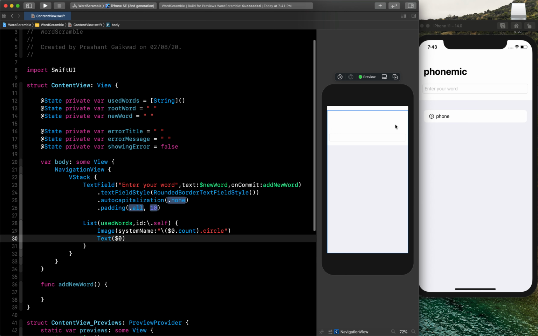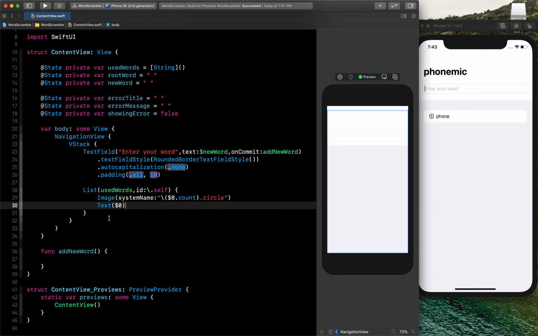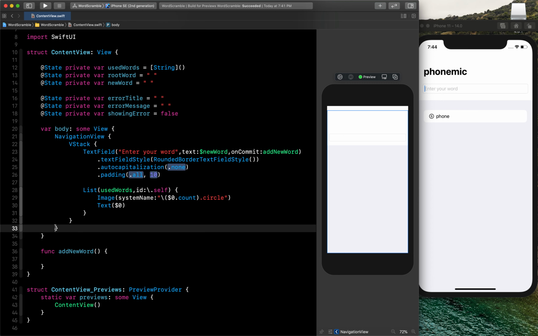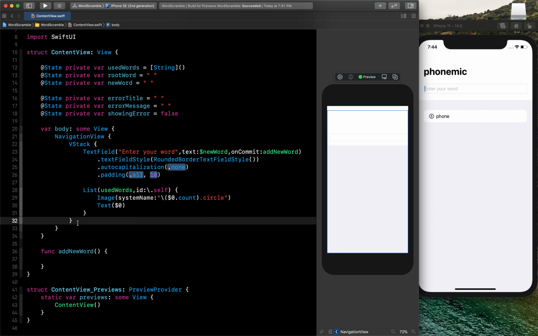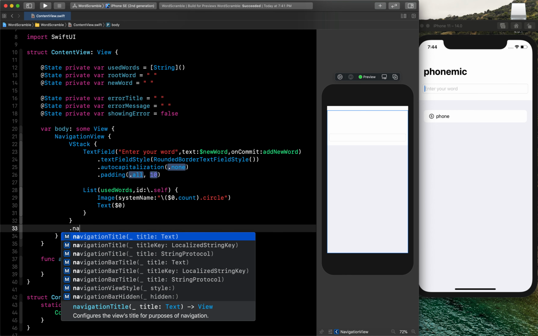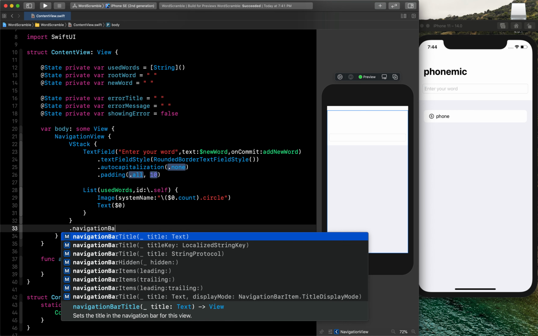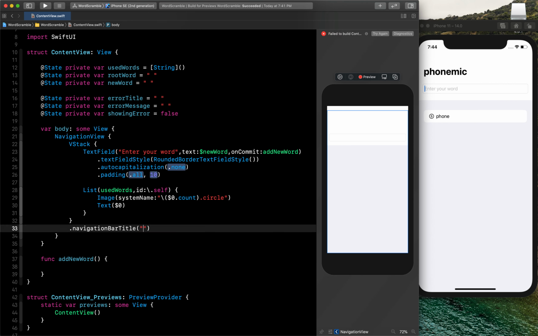Okay, so now currently we don't have anything here, so that's why it is not visible, but once we write our code and we run it, then it will reflect here. So now what we can do is we can give here navigation title to our view. So let's give that dot navigation bar title, and title will be my root word. So whatever the word we are going to fetch from this text file which we have added, that will be shown at the top. So currently there is no data inside this, so that's why it is blank.